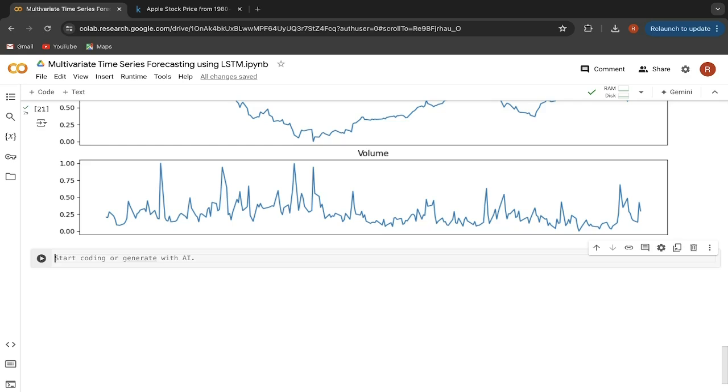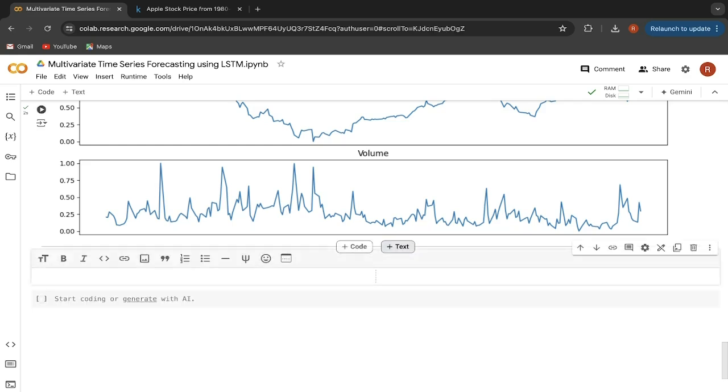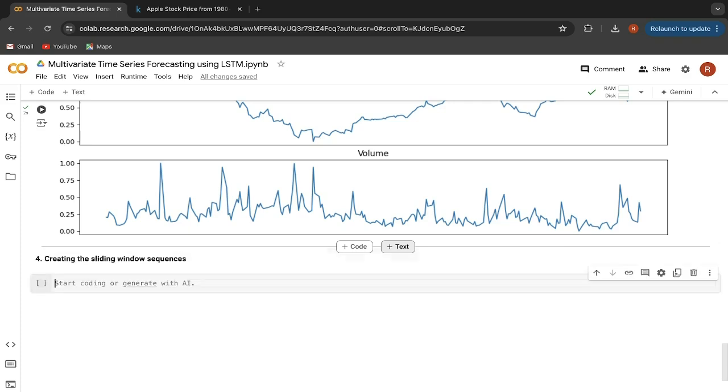The next step here, the fourth step, is creating the sliding window sequences. So let me write here, creating the sliding window sequences. Now the sliding window sequences approach is only used when we are working with LSTM model while time series forecasting.